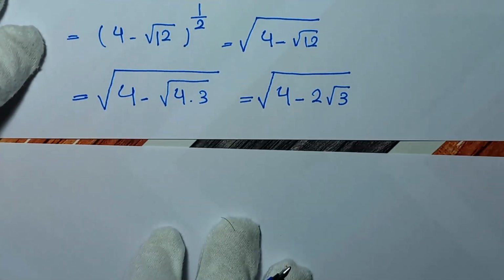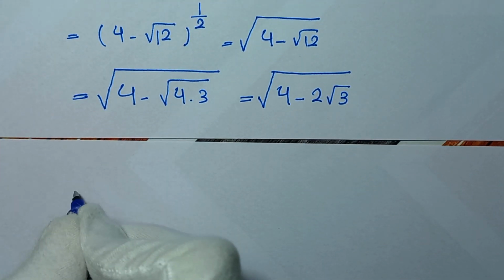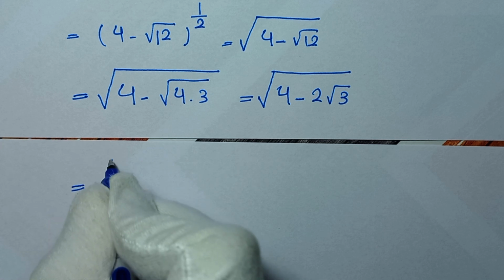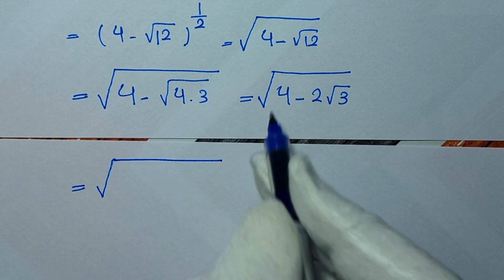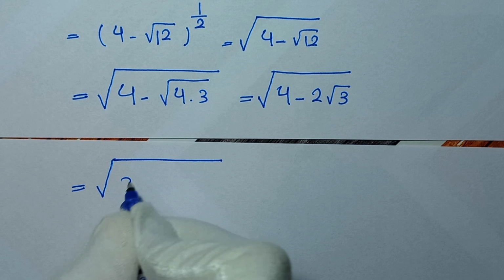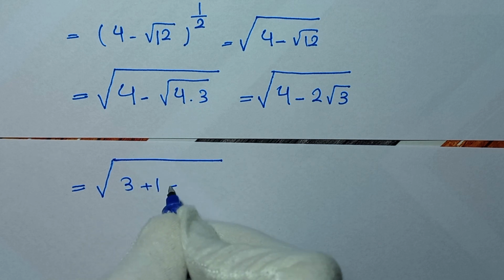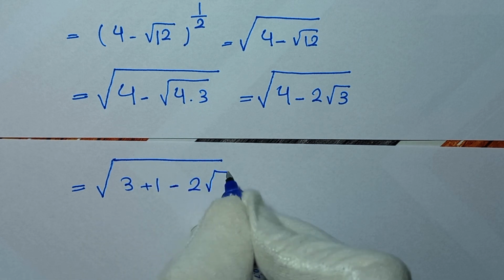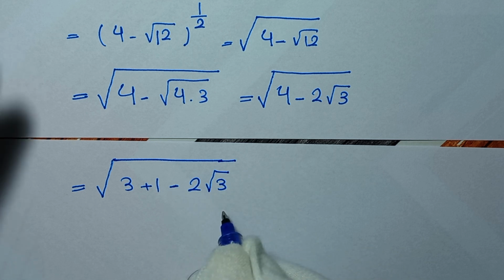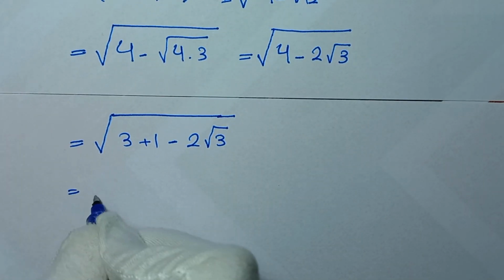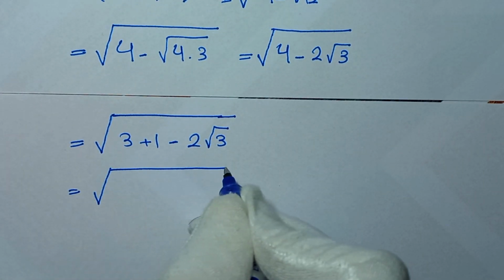And in the next step, this is equal to square root of, we can write 4 in here as 3 plus 1 and minus 2 square root of 3. And in the next step, this is equal to square root of, in here we can write